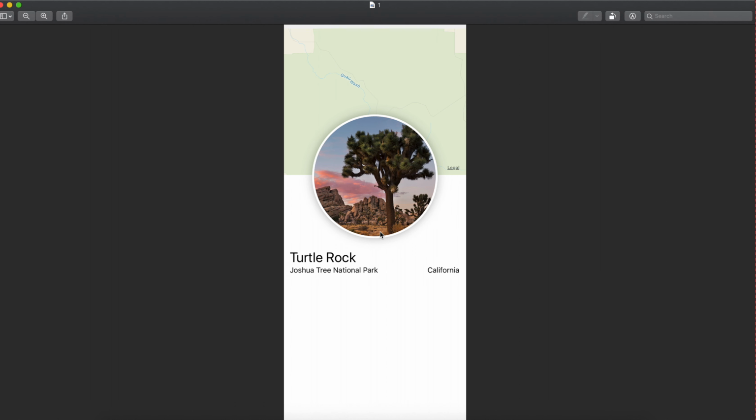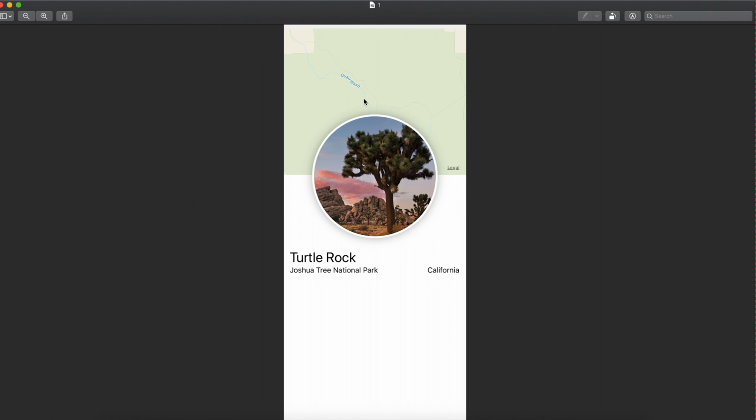I can separate out this circled image with all the things that it has, like a shadow and circle shape and everything. And then I think this is very common, so I will directly write it in our content view or whenever we need it. So I think that in this particular screen there are two views which we can make